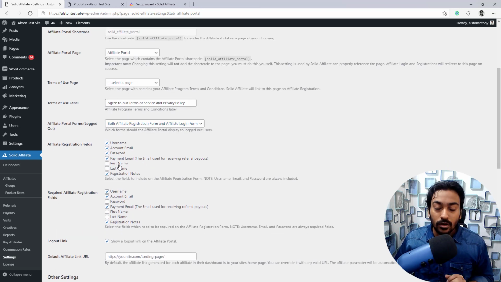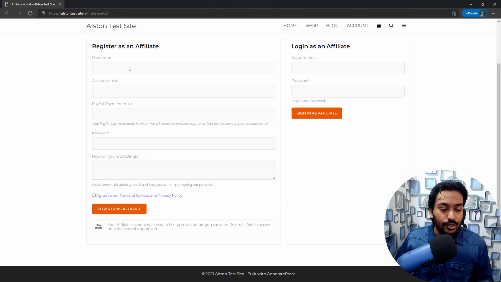And here is the control. You have the form. For example, you are able to collect all these details. If you want to collect first name and last name, you can do that. You can also set up the mandatory required details here. But the problem here is they give you only the necessary basics. For example, you get the username, the name, and the account email.